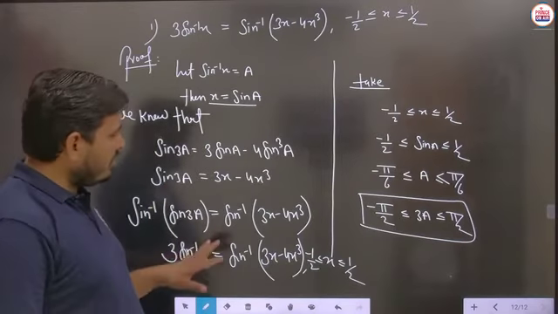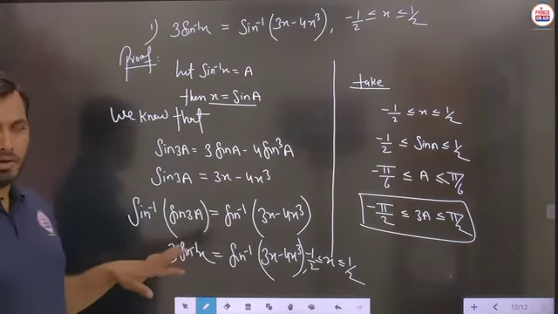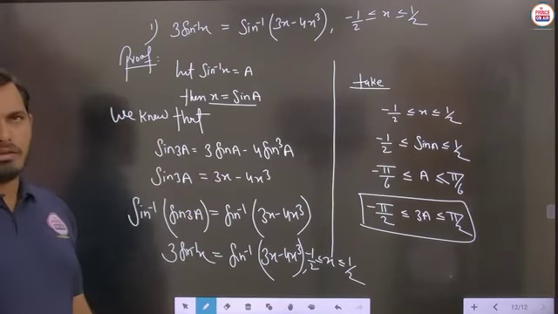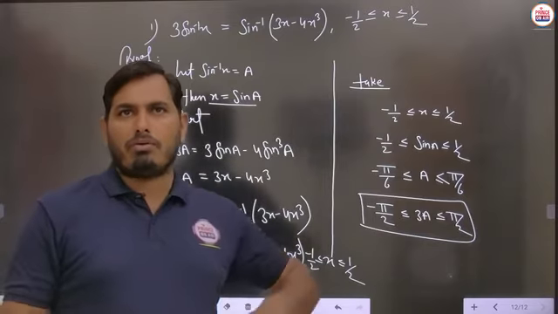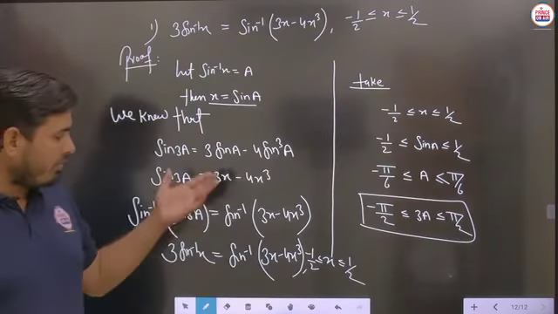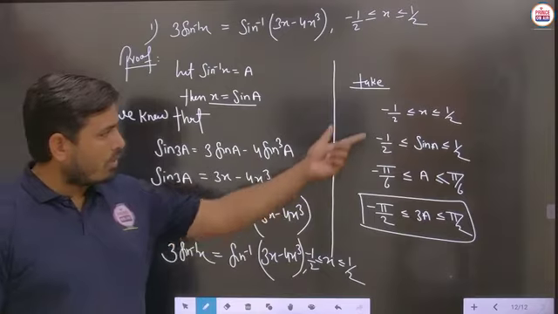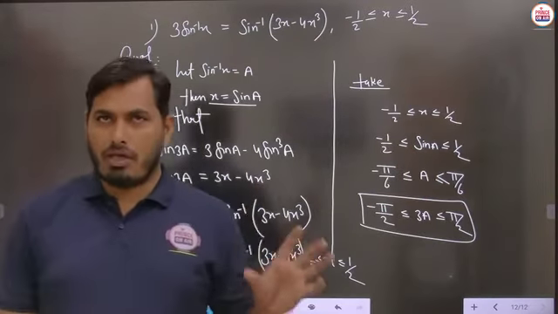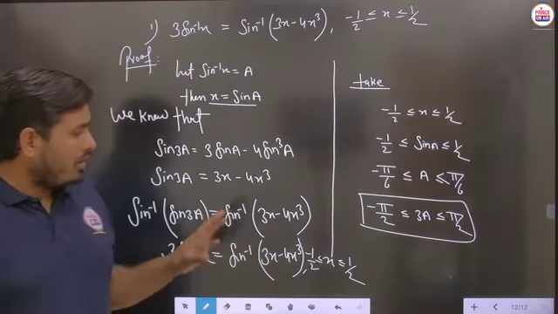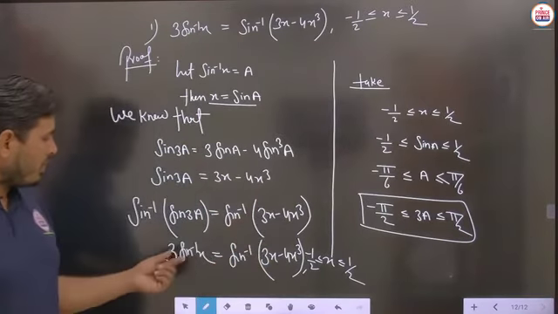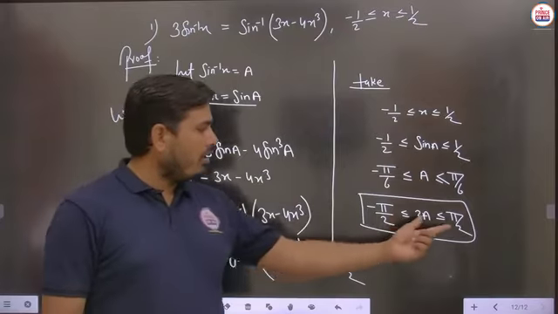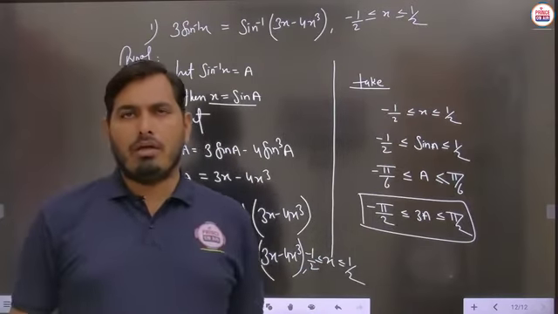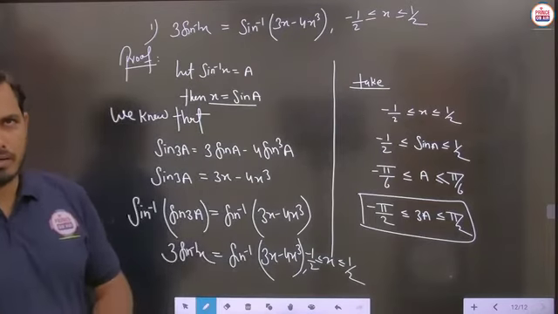So student, again a similar kind of process for the proof of 3 sin inverse x, where again there is a requirement to learn the formula of sin 3a, and you know very well about sin 3a, so there should be no problem to derive this formula. And lastly, how the condition of this particular x will be handled, we have to take only the situation where this particular inverse will follow the principal value. Is it clear? So according to that we have to take the particular situation. Is it clear?